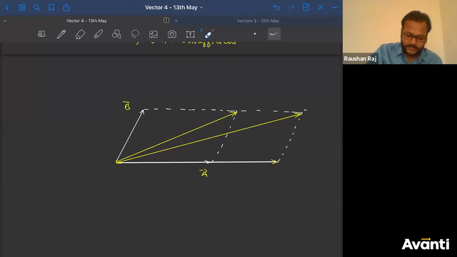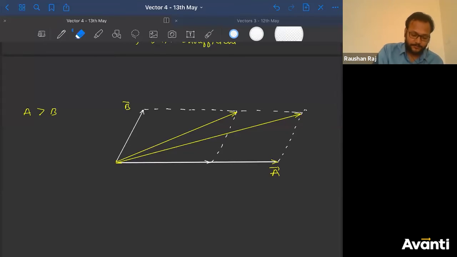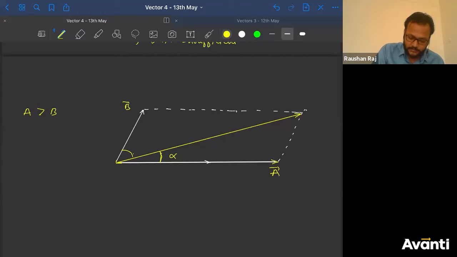In this case, this is vector A, sorry, magnitude. So the magnitude of A is greater than the magnitude of B. Now if I denote the angle, this is the angle alpha. Now if I erase this to have a better perspective, this is angle alpha. Now what is angle beta? This is angle beta, right? Now tell me which is greater and which is smaller. Alpha is smaller, or beta is greater than alpha. So beta is greater than alpha.